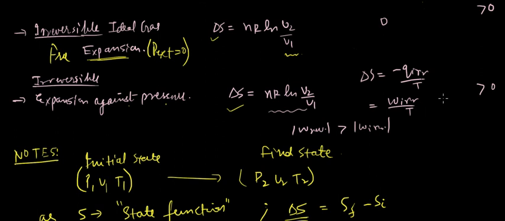Okay, because we know that W reversible is greater than W irreversible. So here, as V2 would be more than V1, so this would be a positive term and this would be a negative term, because this is minus P external times V2 minus V1. V2 minus V1 is a positive quantity and P external is also a positive quantity, but we have a negative sign ahead of P external, so we have a negative quantity here, and the summation of both, which is positive here and negative here, would still be positive. Okay,